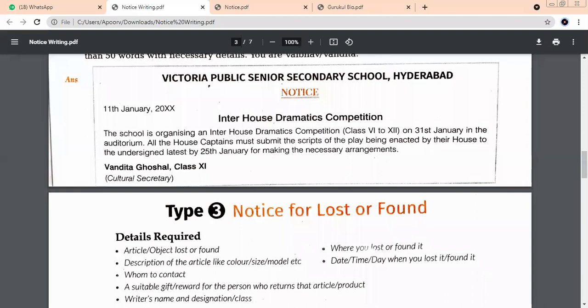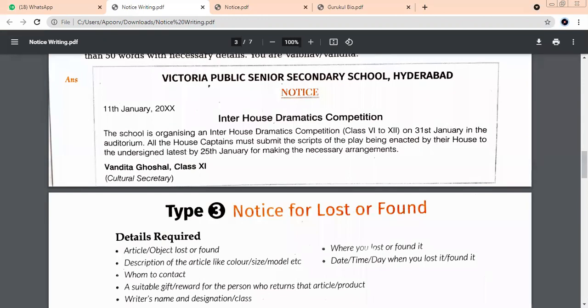See, designation, if you want, of the person who is writing, it's your choice. If you want, you can put it in the bracket. If not, then leave it. And ma'am, class. Yes, beta? Ma'am, we have to write class. No, class is not needed. When your designation is mentioned, you need not write class. Just use 2 lines, your name and the designation.